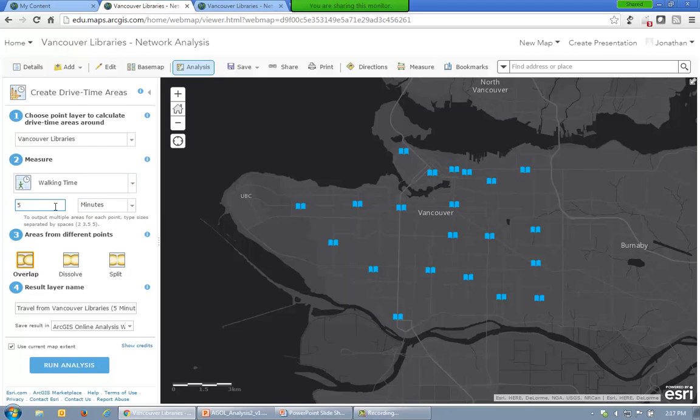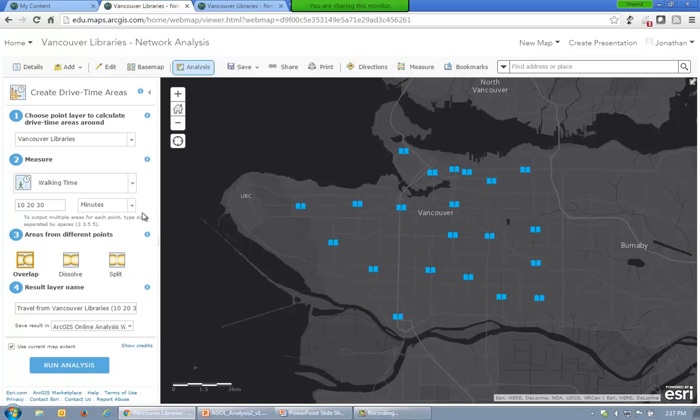So let's say that this is sort of like the buffer tool, where you can create buffer polygons around a particular point, where you can have one buffer that is within 5 meters, one that's in 10 meters, and they're nested inside of each other. So here I'll set the different walking times that I want to consider. I want to have one ring that considers 10-minute walking times. Outside of that, I want to have 20-minute walking times, and then 30-minute walking times. So I'll get some polygons that will hopefully span across most of the city